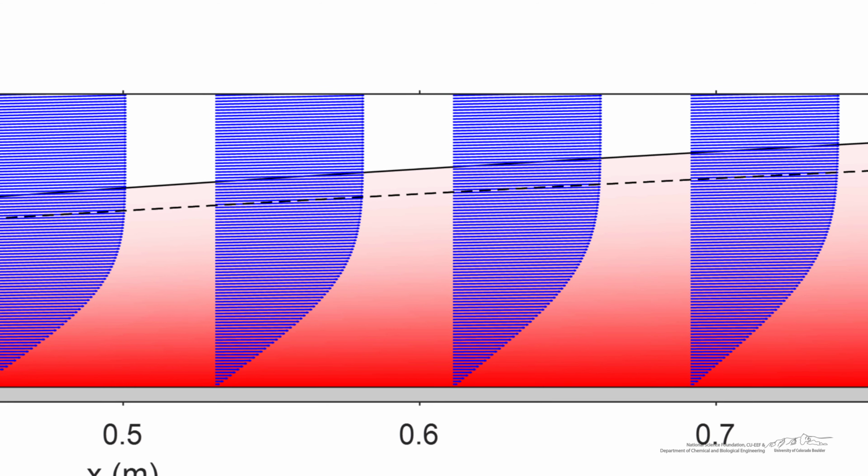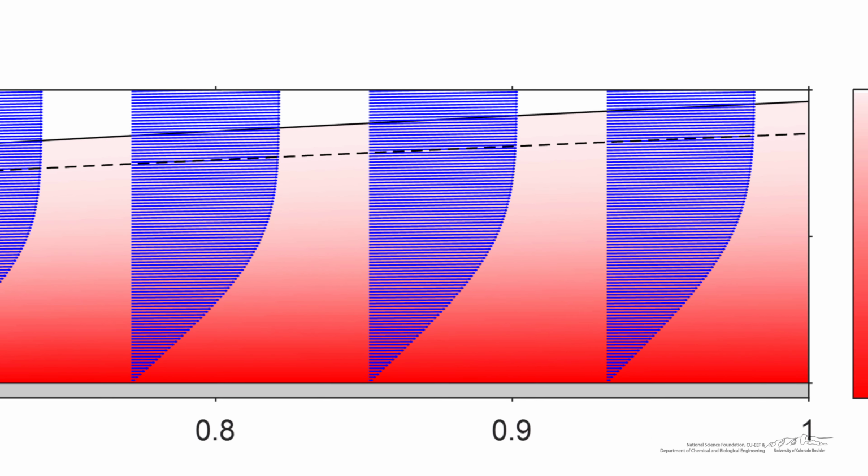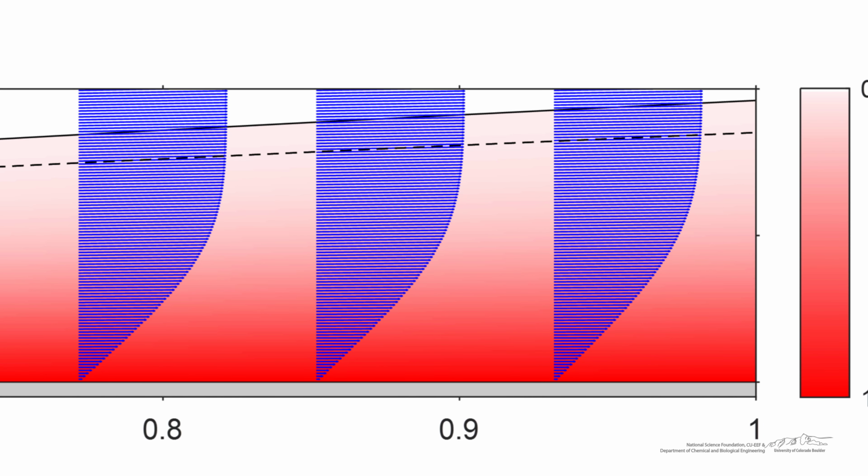As we continue down to the very end of the plate at 1 meter, we'll find that the plate has a very large influence on the velocity profile. So we'll see in this instance the velocity is 99% of the free stream velocity way up at that value of y, and then a more gradual decrease down to a velocity of 0.